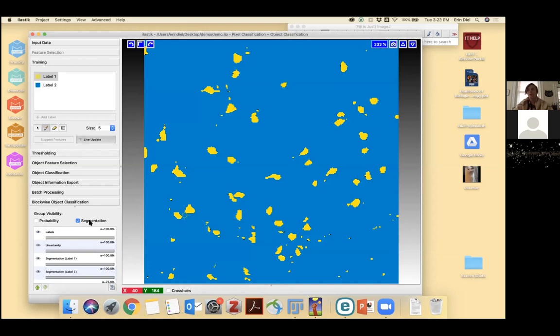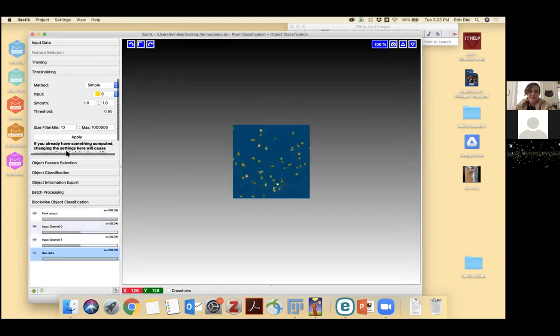And so, like I said, this is just semantic segmentation. It's just deciding for every single pixel, should it be yellow, label 1, or should it be blue, label 2? But it's not necessarily saying that this is a cell and this is a cell and this is a cell. It's really just saying for each individual pixel, yellow or blue. But then once I want to start finding objects, I can go to this thresholding step,